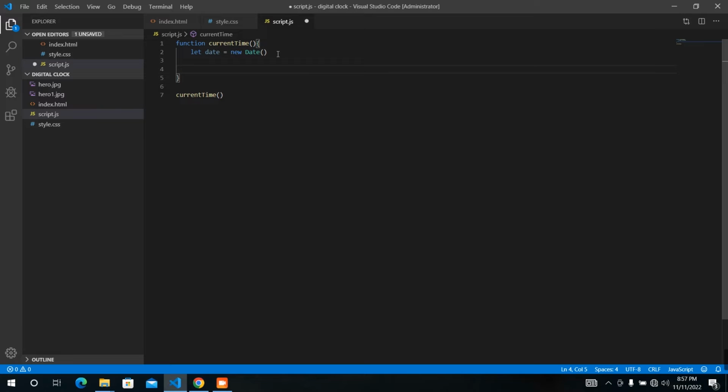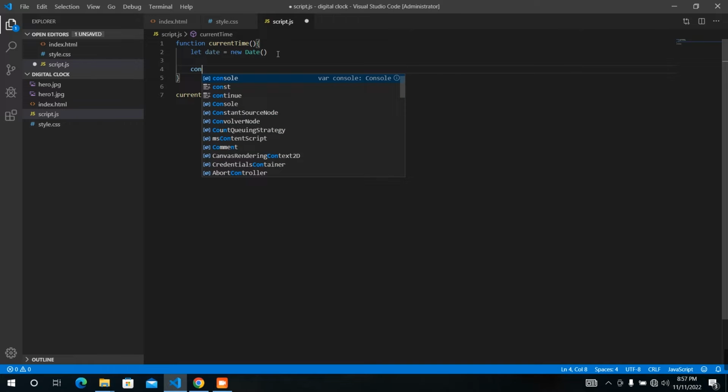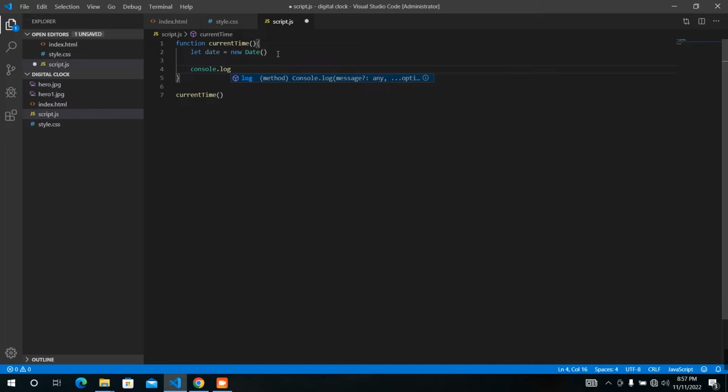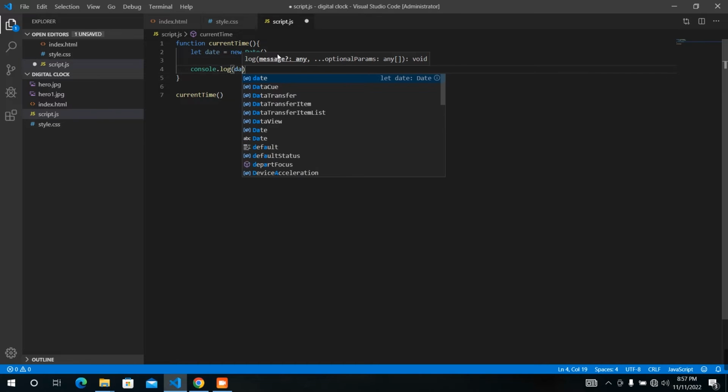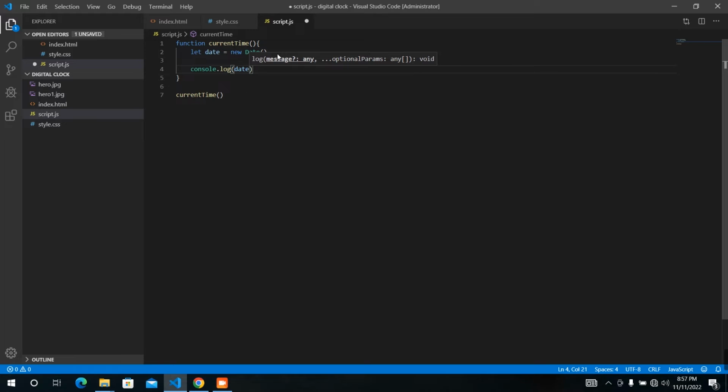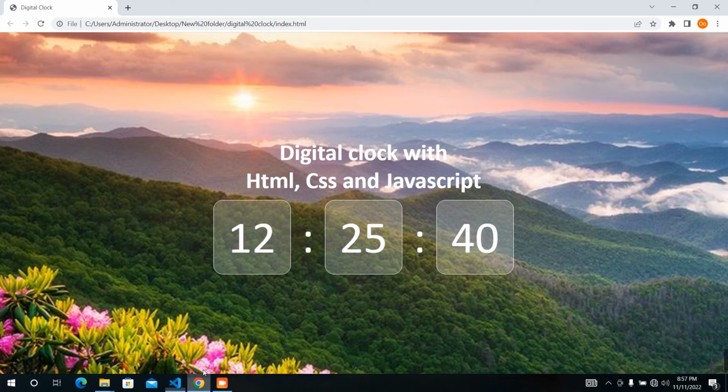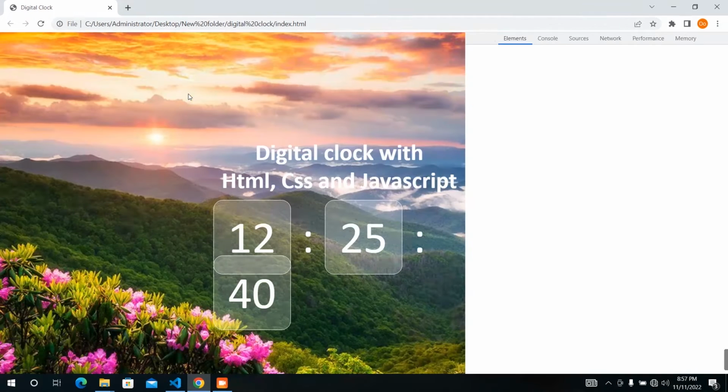We need to have a console.log in here, date. Control S, go to Chrome, you need to inspect this. Okay,